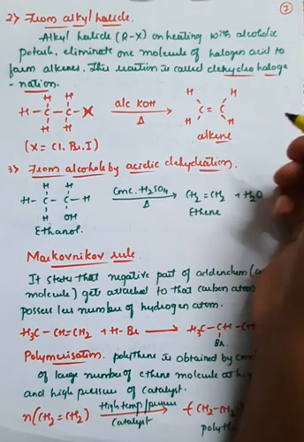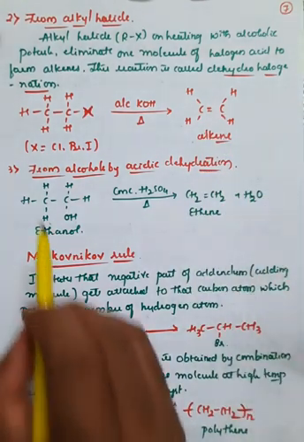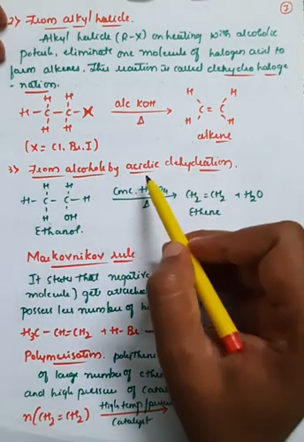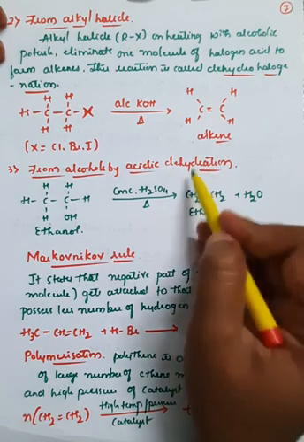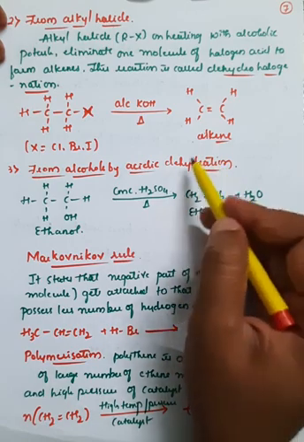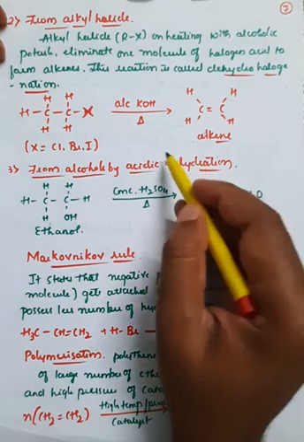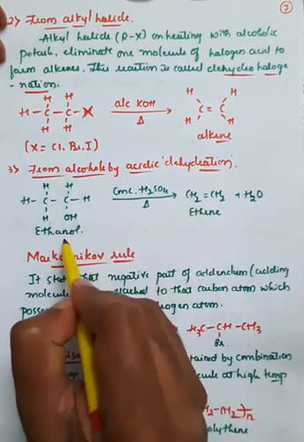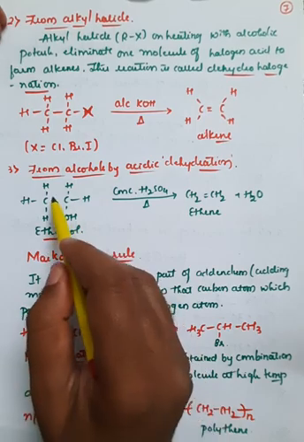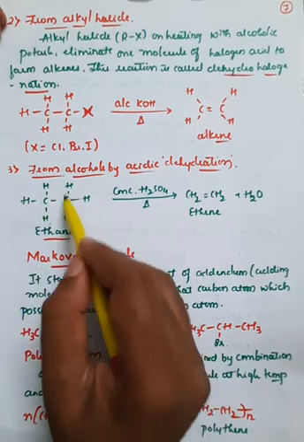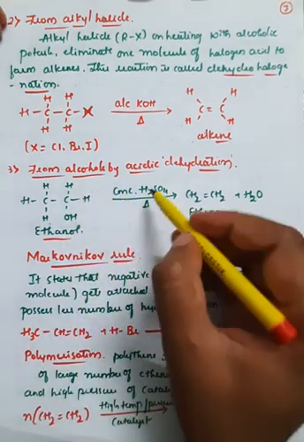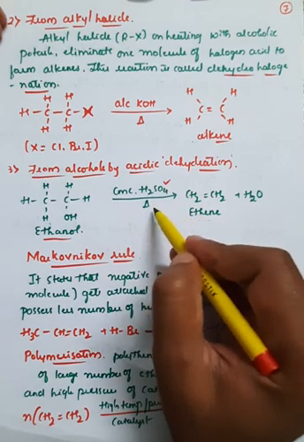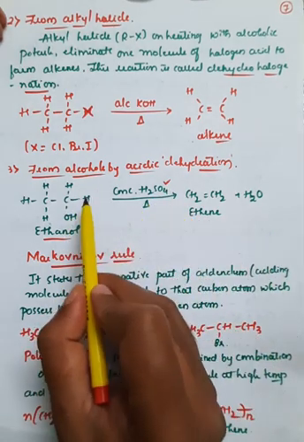Like this we can prepare alkenes. The next important reaction is from alcohols by acid dehydration. Acid dehydration is nothing but the removal of a water molecule. Whenever there is a removal of a water molecule, the process is called dehydration. So if you take any kind of alcohol, generally ethanol, there is a CH3 group, CH2, further bonded with OH. In presence of an acidic medium, H2SO4, if you heat that, what happens? There is a removal of a water molecule.